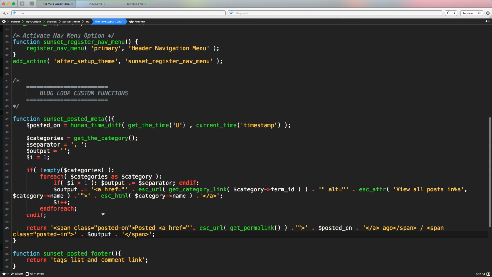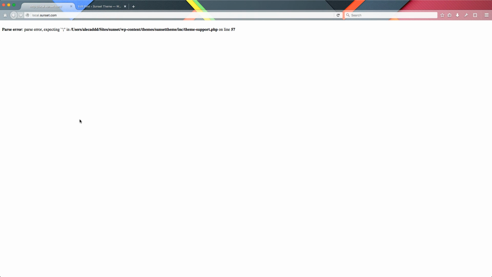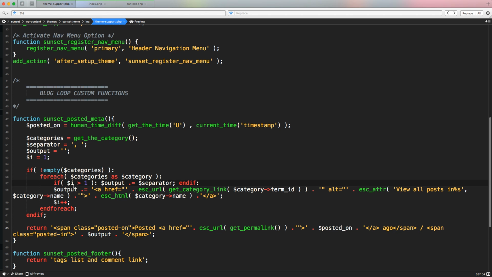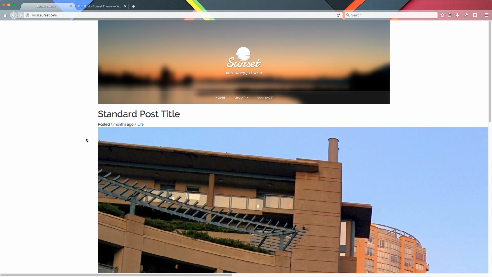Save it. Let's go back to our front end and refresh it. And we have an error here, parse error, expecting a single quote on line 57. So I made a mistake on line 57 here, of course, the separator, and in the if, we need a semicolon instead of a colon. Sorry guys, let's go back here, refresh it, and now it works. So now we have "posted 3 months ago" and "live". This one is pointing to the standard post title, to the actual permalink. This one is pointing to the category live, that of course we don't have the page for,